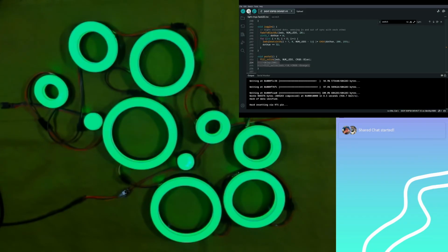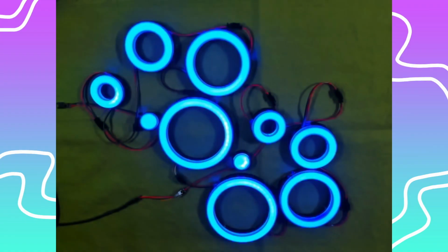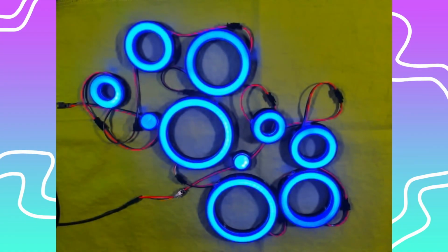Okay, green is the default, so that means we've reset successfully. And let's try the portal command. Okay, we did get the blue. All right, I wouldn't say it's quite portal blue. Actually, on camera, it does look kind of portal blue. Yeah, that looks pretty good. Not too bad. With the green background, it actually kind of does.